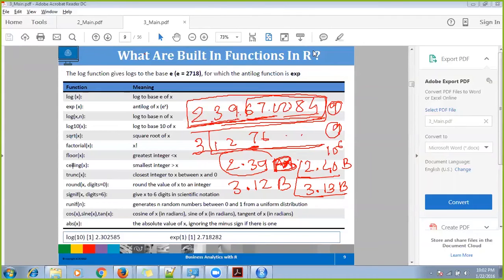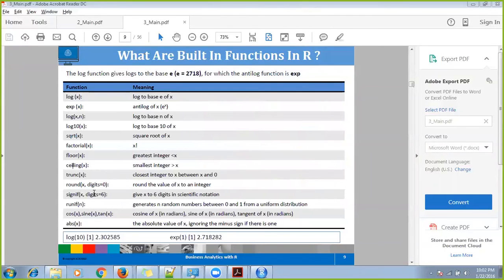Okay, so this is about the clear function. Similarly, this is the sine function. Then you'll have some random number generation. This is called runif. Don't read it as "run if". Read it as R for random and UNIF for